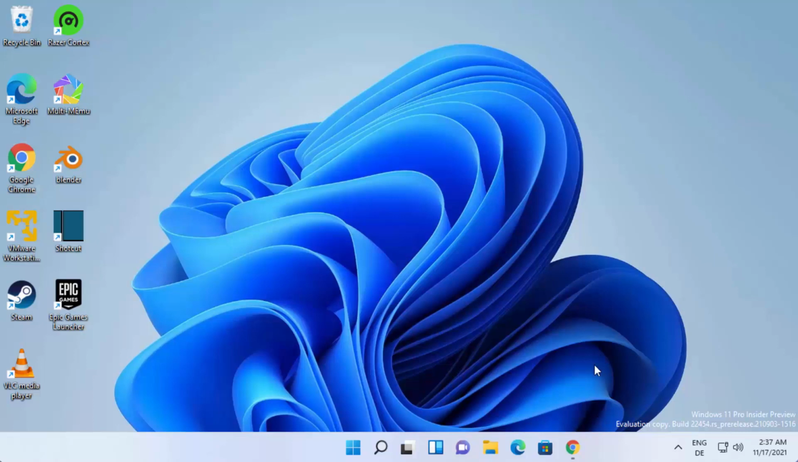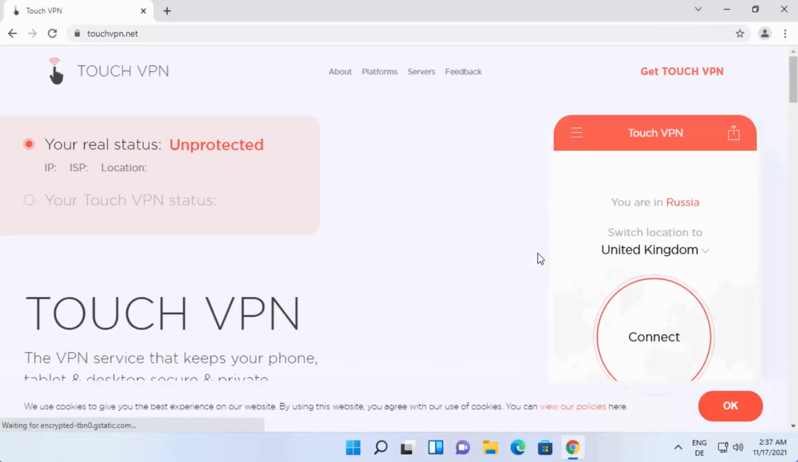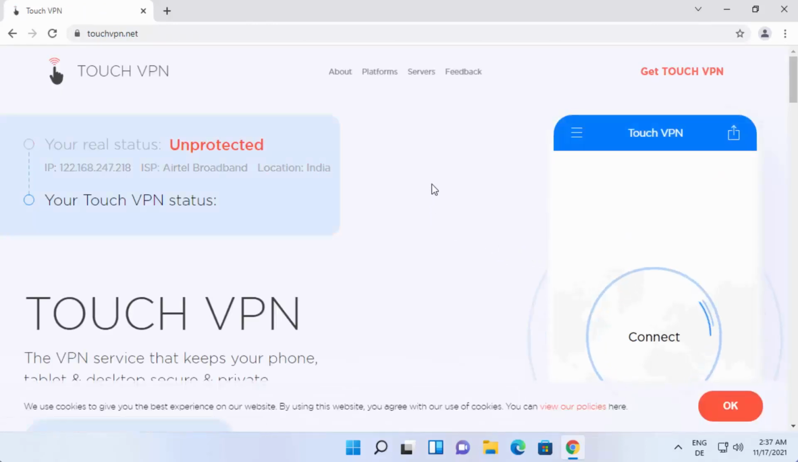So let's get started and let's see how we can do it. So first of all, open your favorite browser and search for TouchVPN, and the first link which will appear here will be from touchvpn.net. So just click on this touchvpn.net website, and here you will be able to see this